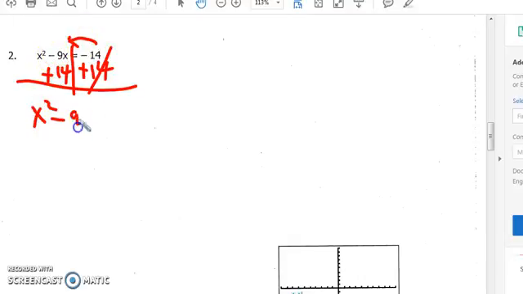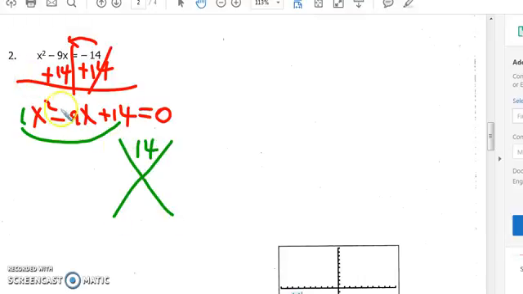So you're going to write x squared minus 9x. And this needs to go to the left side, plus 14, and make it equal to 0. So we're going to find what the x-intercepts are. So you have negative 14, just move it and make it positive 14. The reason why we do that is so we can factor. So what you're going to do is, there's no GCF because this is 1, negative 9, and 14. So what you do is you're going to do A times C, which is 1 times 14 is 14, through the X method. You see this, make sure you put the